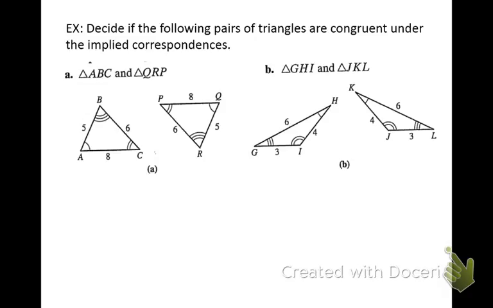Decide if the following pairs of triangles are congruent under implied correspondences. All right. So, do you think triangle ABC is congruent to triangle QRP? Well, they are. Let me show you why. So for A, we've got triangle ABC is congruent to triangle QRP